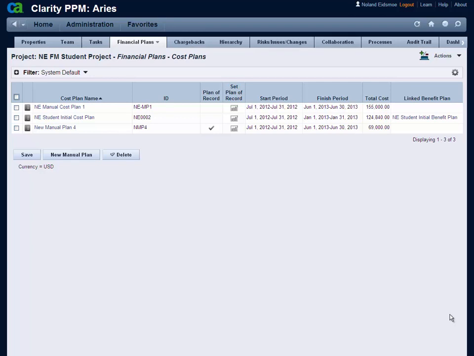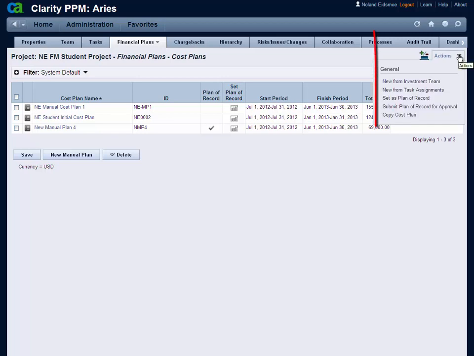Now that we've done a cost plan manually, let's look at doing one where we convert our project schedule into a cost plan, and we'll see how much easier it is to do it that way. It's based on concrete information, our project schedule with resource assignments and ETCs. So to do this, we go to the Actions drop-down in the upper right, click on that, and we